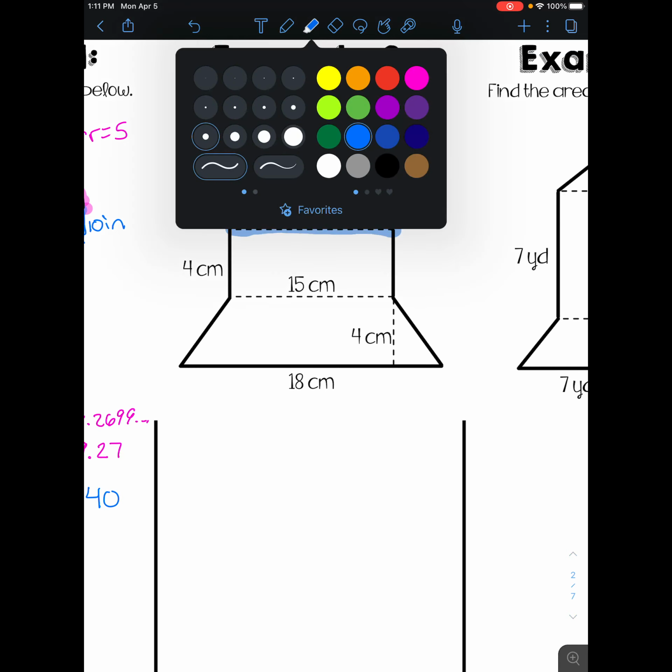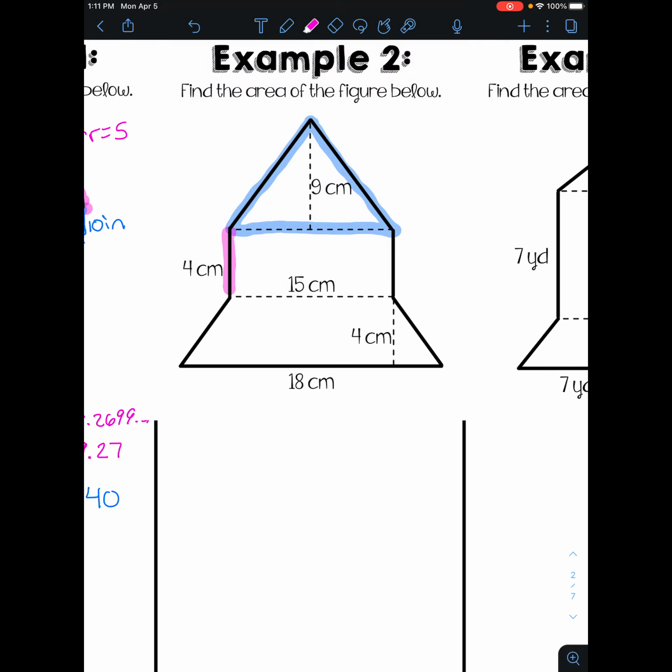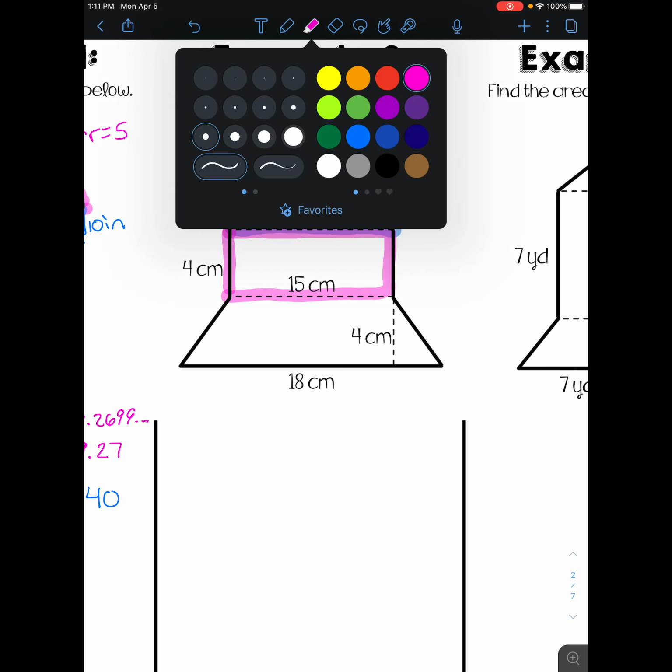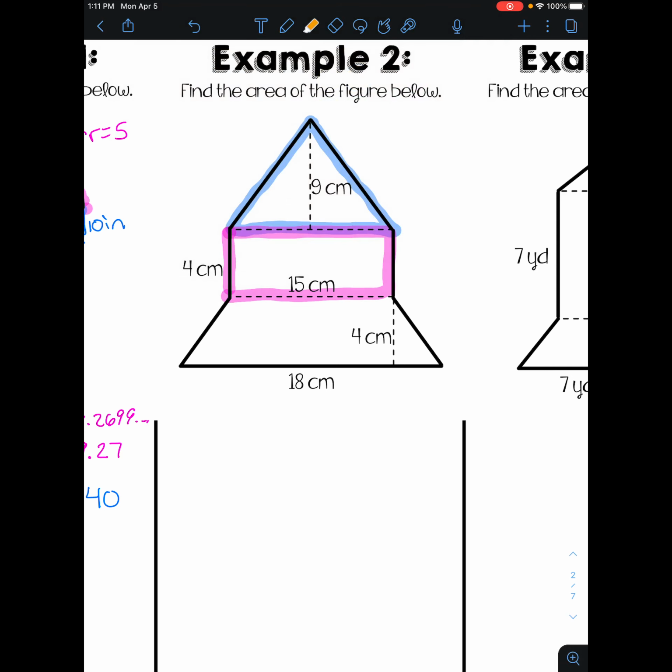Then we have our rectangle in the middle. Then we'll do an orange, this trapezoid at the bottom. See how easy it is to identify the colors once they're color coded and the different shapes? First, let's start finding out the area of our triangle, which is base times height over 2, which means we